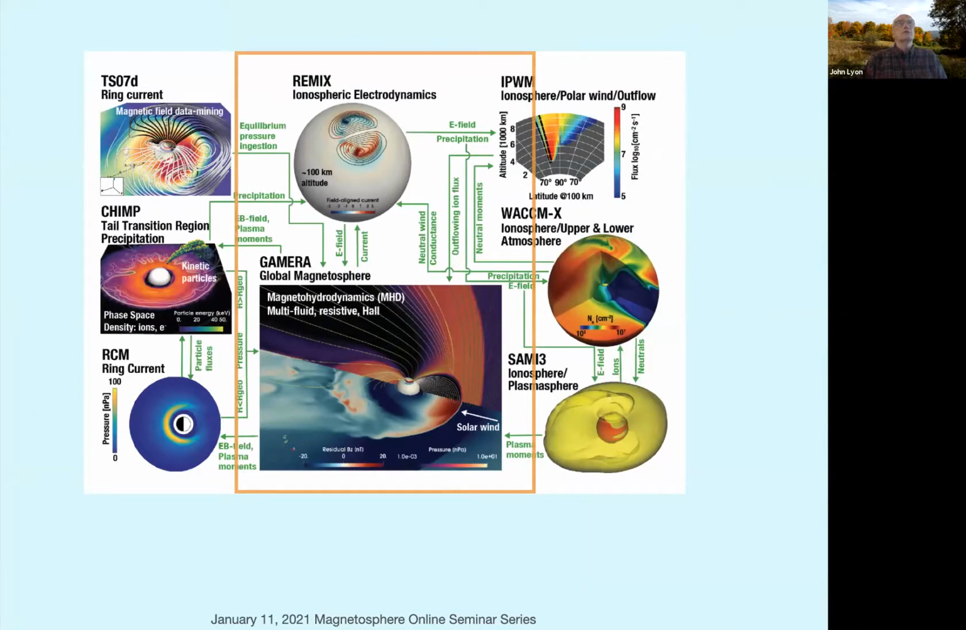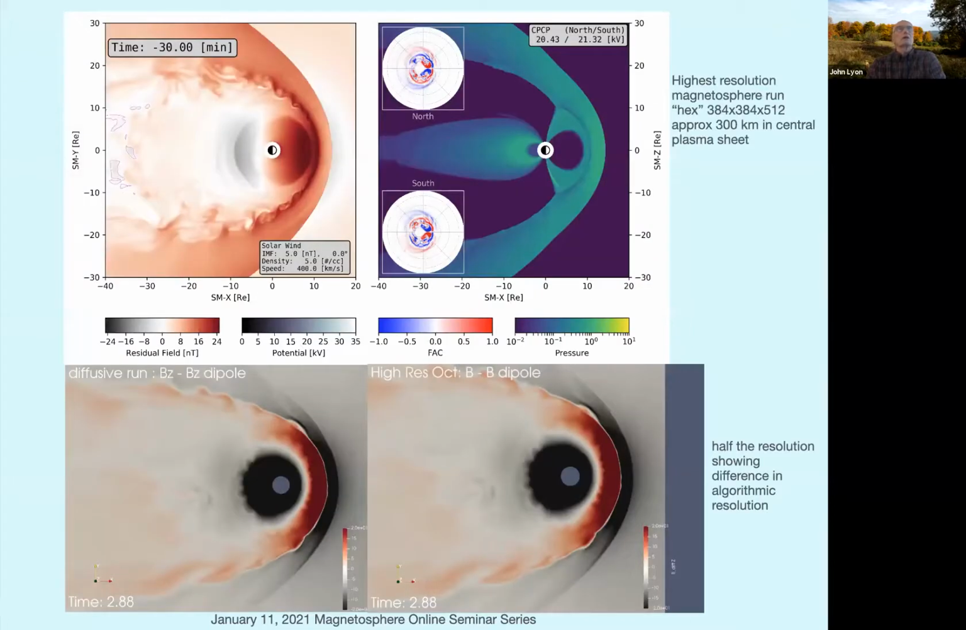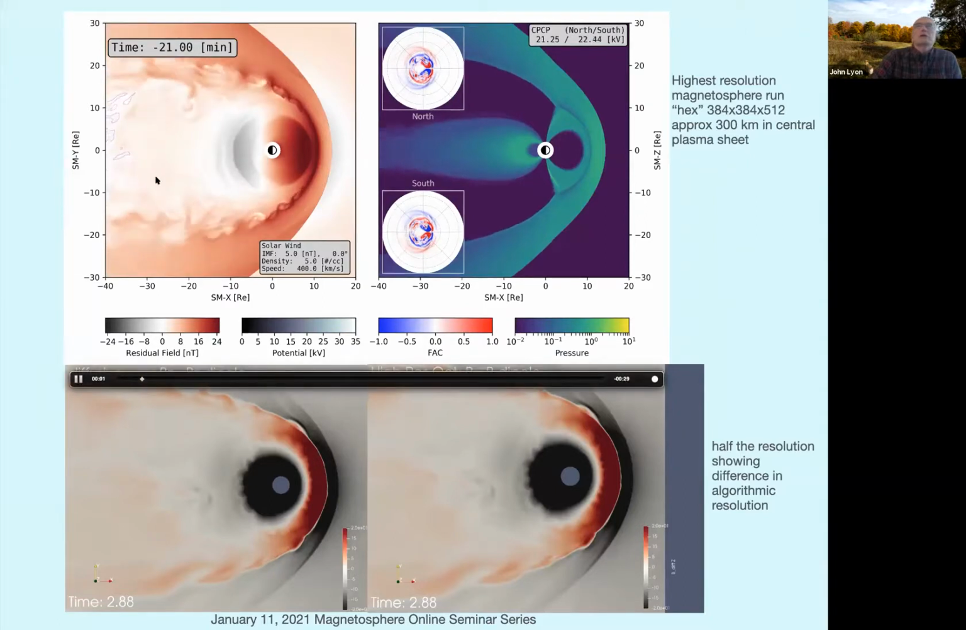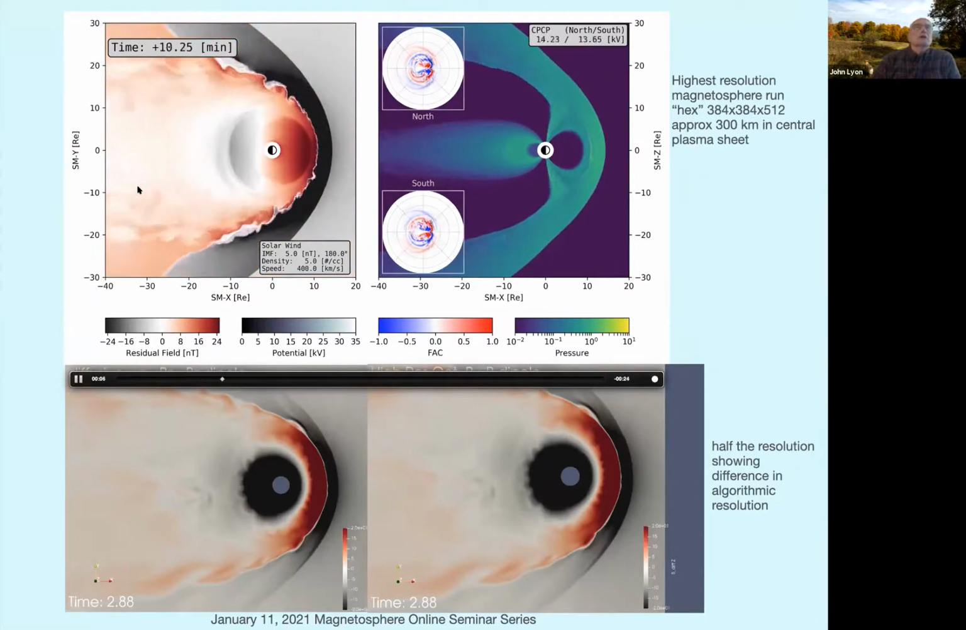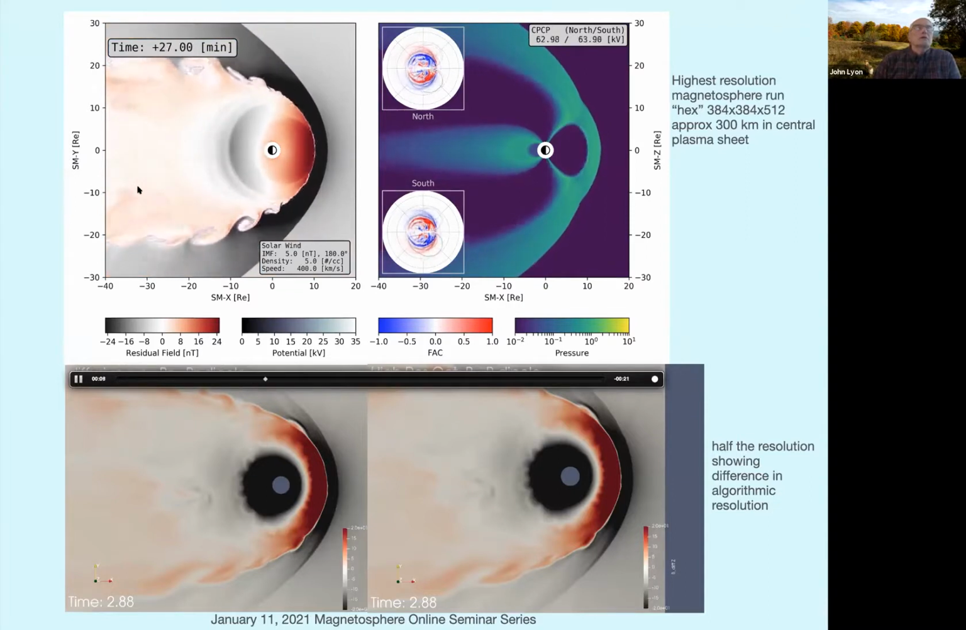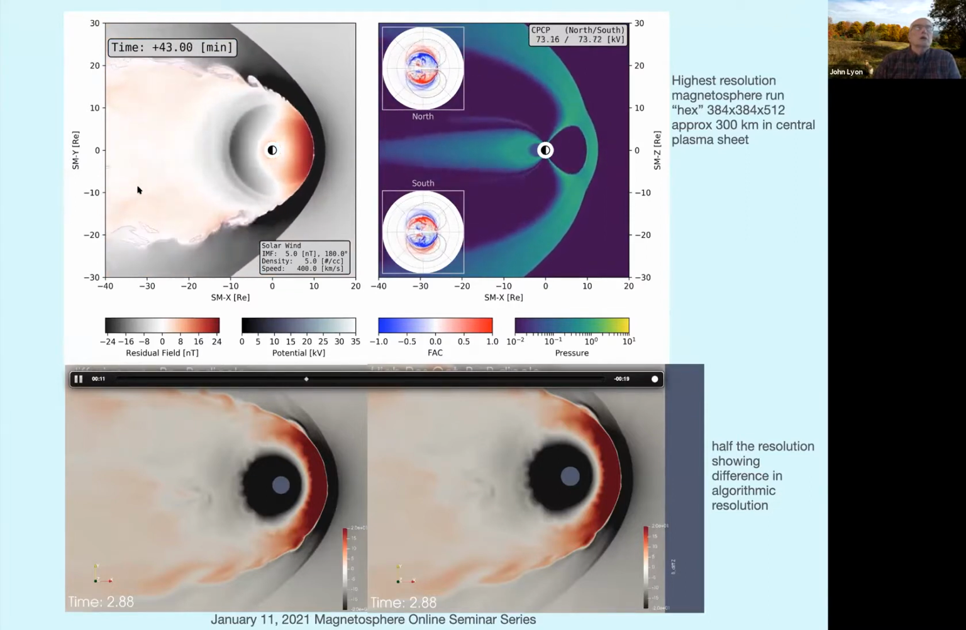Okay, so first up, we're going to do just the simplest stuff, which is the Remix and Gamera, which is basically the same thing as the LFM had been for a long time, except better. And here up at the top is the highest resolution simulation that's been done. This is the hex simulation. And the left-hand plot is in the equatorial plane and shows